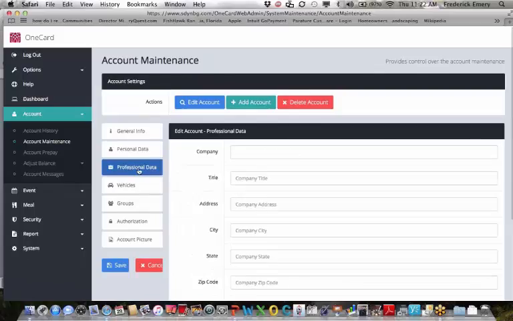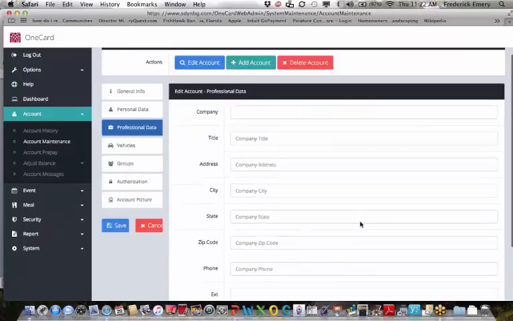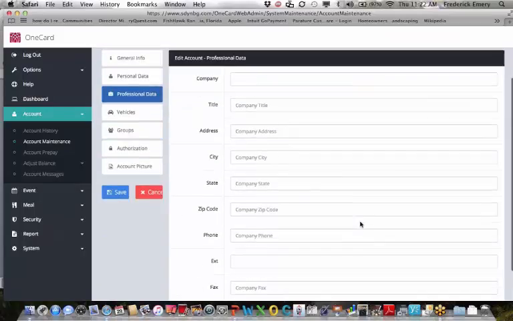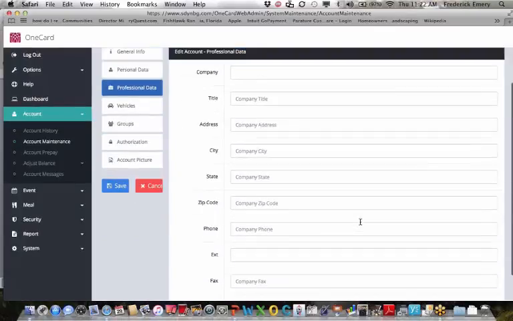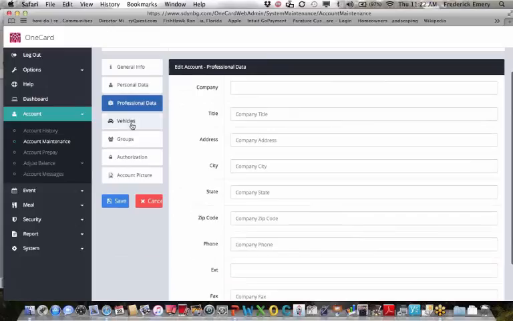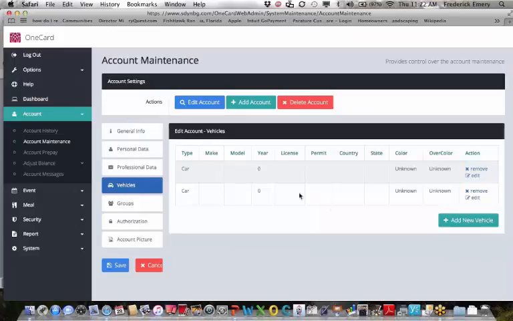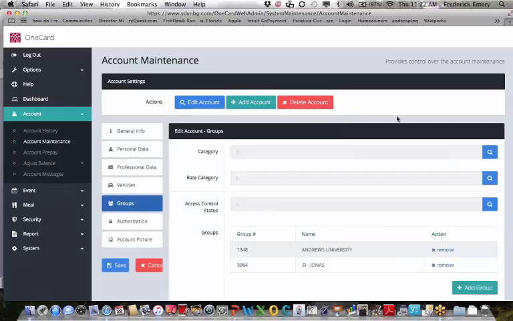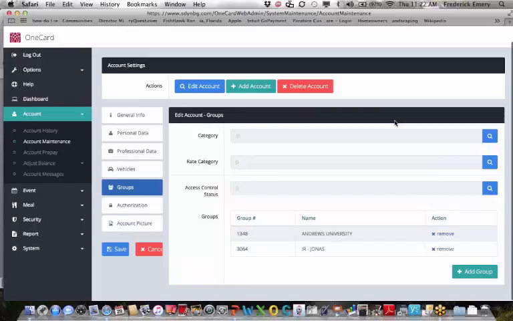Under professional data, this is where if, let's say, you had contractors or outside agents on campus, you can include their company information or any type of secondary information you need. Record vehicles with permit numbers if you'd like. Place them into categories and groups. Categories are their main classification,